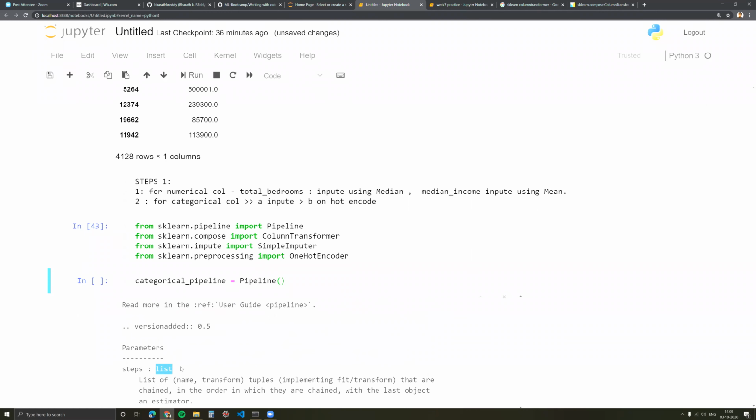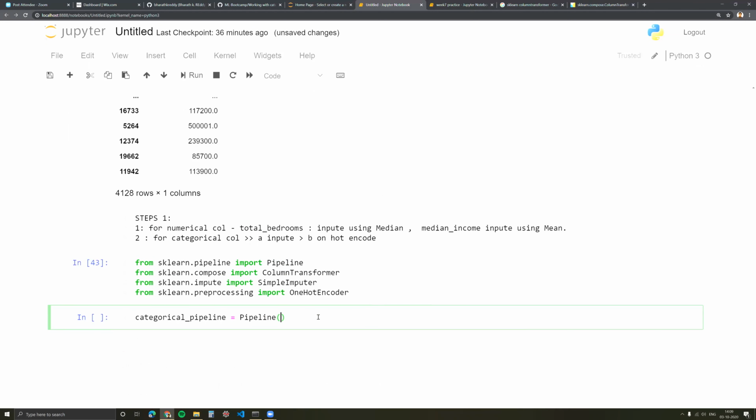Steps is a list of tuples. So it definitely is a list, and within that list, everything is a tuple. Okay, so at least I've got my syntax right. I've put a list of steps, and each step is a tuple.